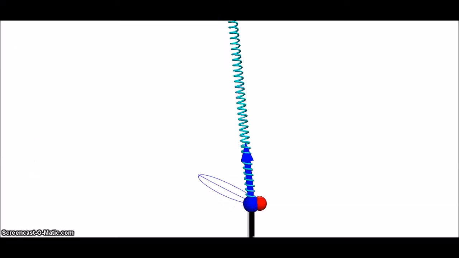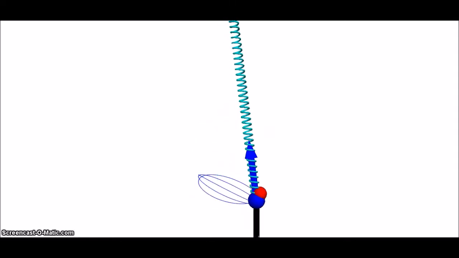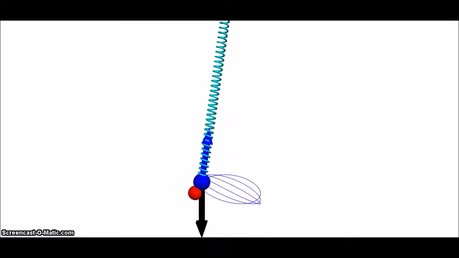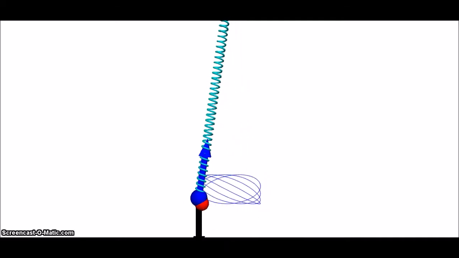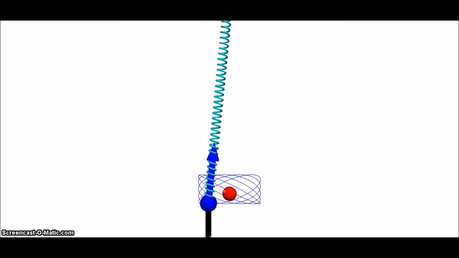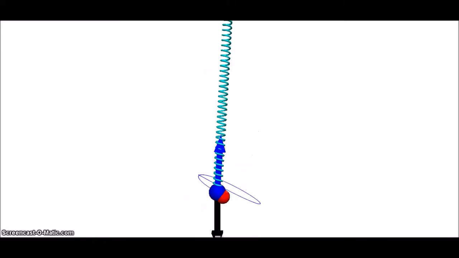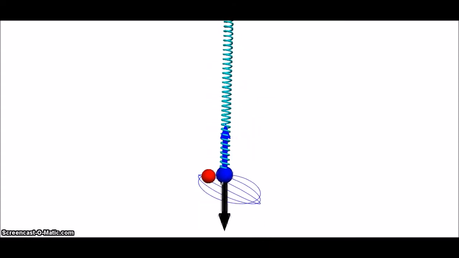The blue arrow is the spring force, the black arrow is the force of gravity, and the blue dot is the predicted motion of the mass. The red dot is the actual motion of the mass. As you can see, the blue dot and the red dot follow each other fairly closely, but get farther apart as time goes on. Some possible errors could be from not accurately clicking the center of the mass, or